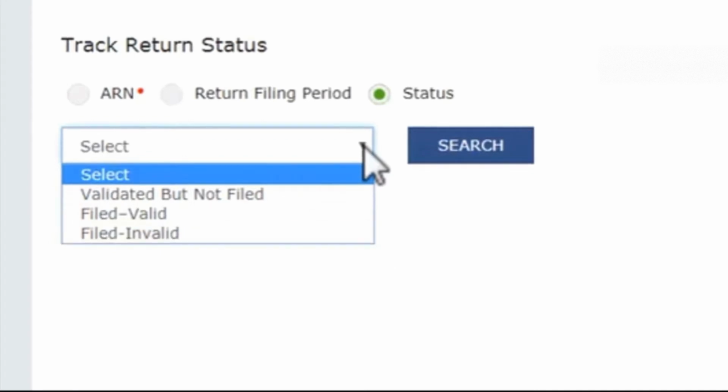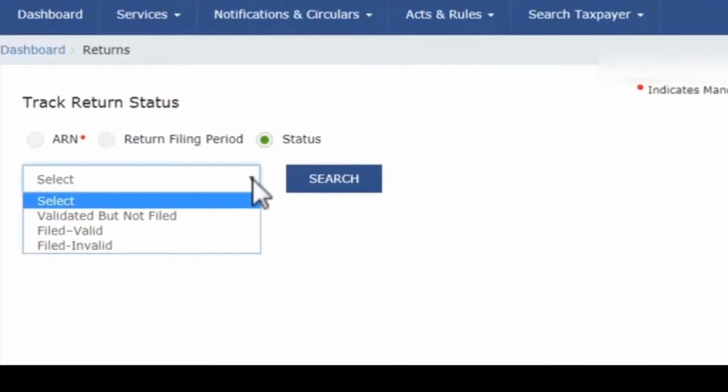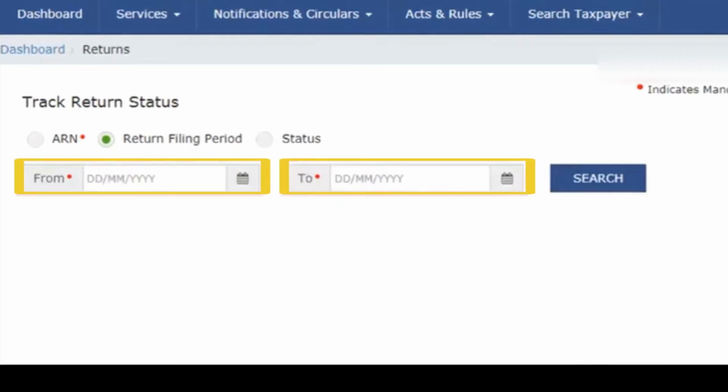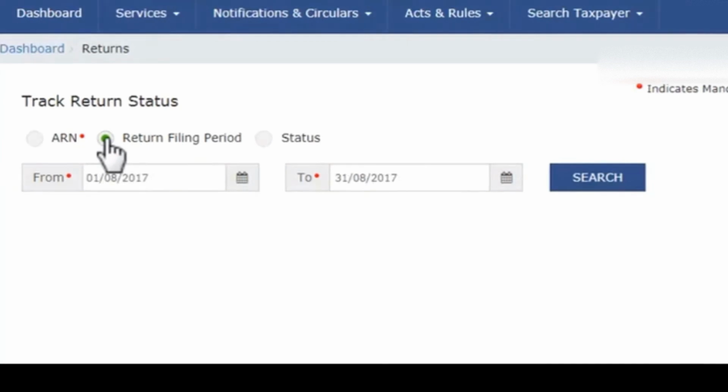Assuming I want to track my returns for the month of August 2017, I'll select the Return Filing option once again. Enter the from and to dates, which are the first and the last date of August month, and click